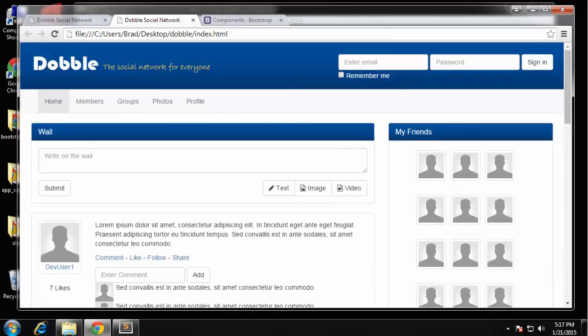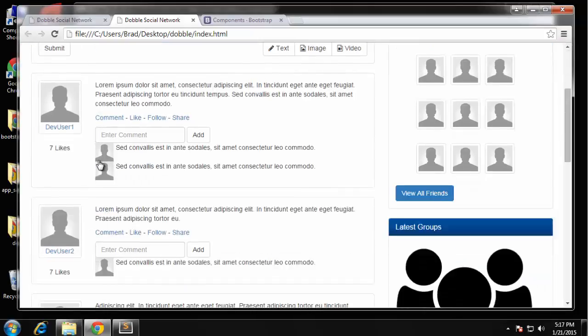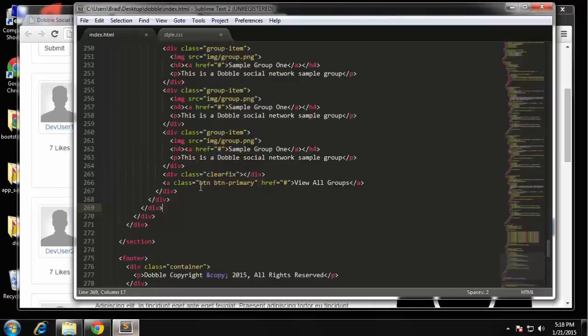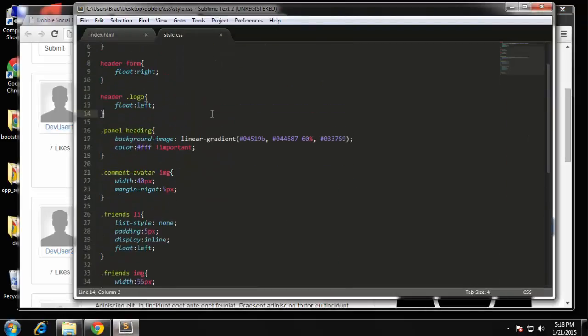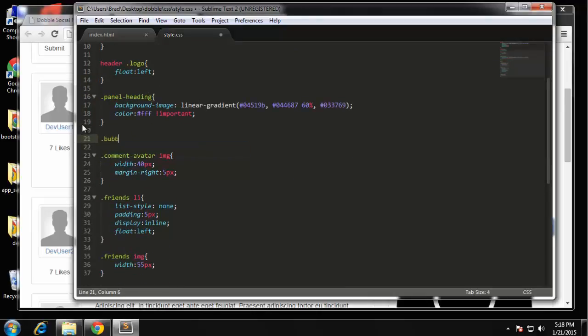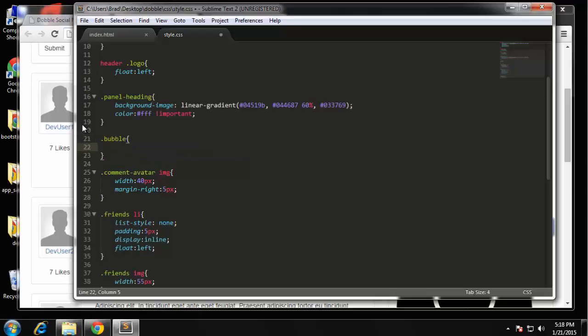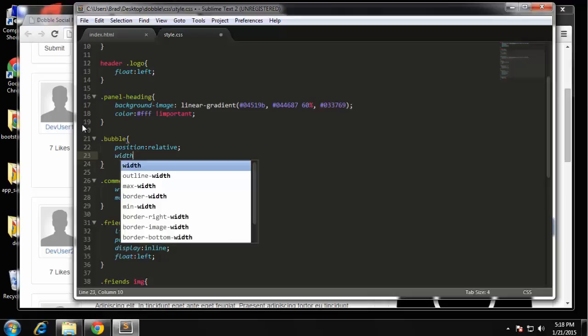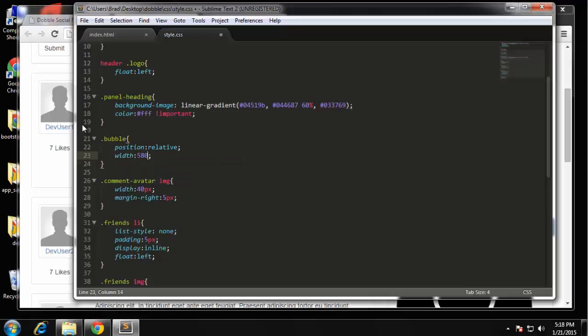Now we need to do the CSS. The header, navbar, wall post, these are all finished. But we have a few things to do here. One is going to be the bubble. Okay, we want this to look kind of like a chat bubble. So we have quite a bit of CSS to do there. I'm going to go right here. Alright, so we're going to have a position relative. The width is going to be 580. And the minimum height